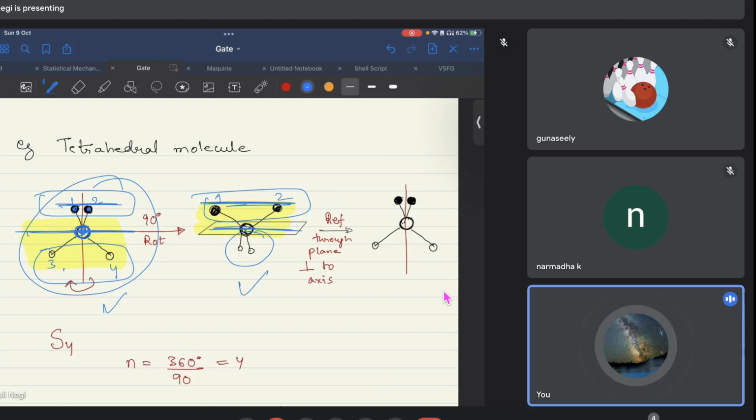So what you have to do after this rotation, according to the definition, you have to find out one plane which is perpendicular to this rotational axis. So the plane which is perpendicular to,